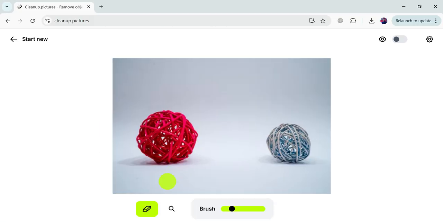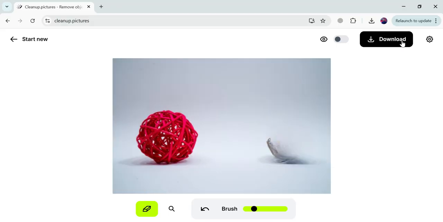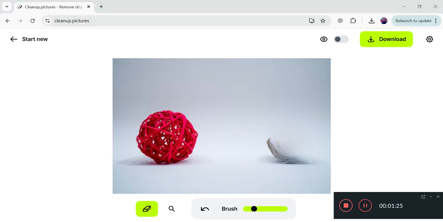Let's suppose we want to remove this ball from the photo, so I'll color this ball so that it will be removed. Okay, so I've just selected this, and now let's click erase. As you can see, it hasn't removed correctly, so we will brush it again and let's wait. You can see that it has removed, but the shadow is still there. Let's remove that too. As you can see, we have got a clean background.